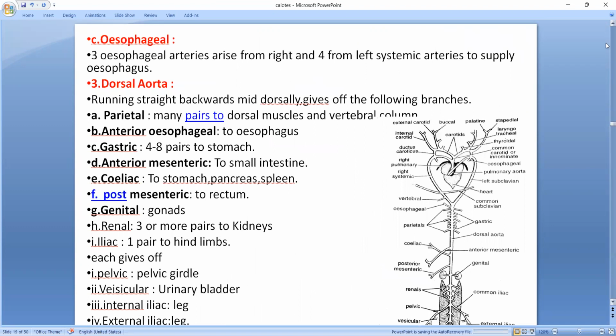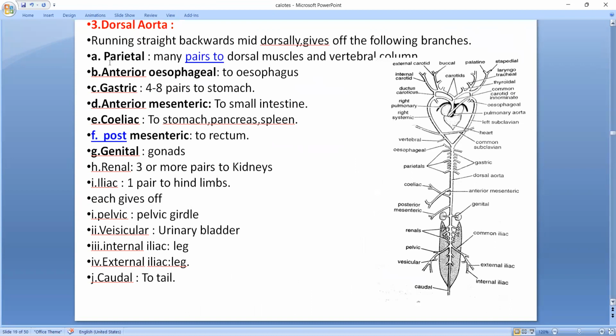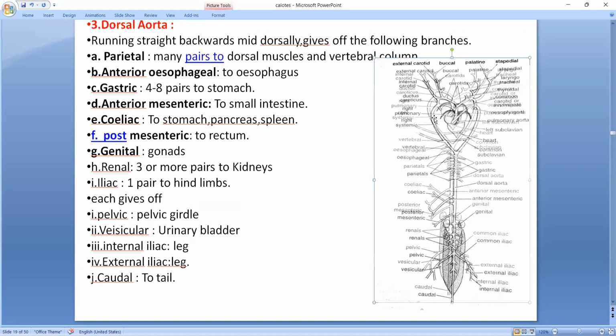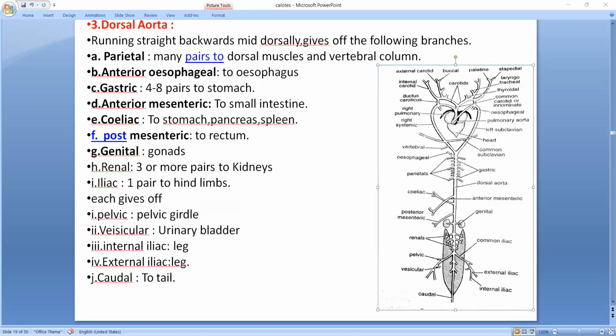So look here, what all came from the dorsal aorta. So many pairs to dorsal muscles and vertebral column, and anterior esophageal. This is anterior esophageal, this is esophageal, gastric 4 to 8 pairs. This is stomach, anterior mesenteric to small intestine, and celiac to stomach, pancreas, and spleen. So posterior mesenteric to rectum, genital to gonads, renal 3 or more pairs to kidneys, iliac 1 pair is produced